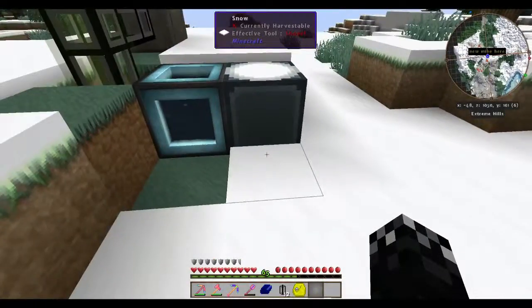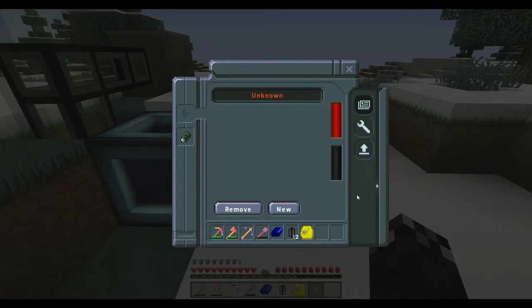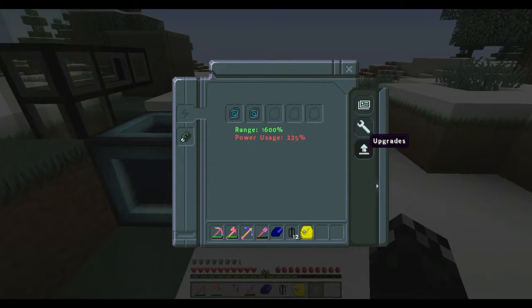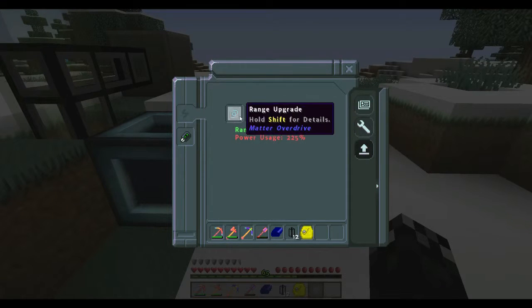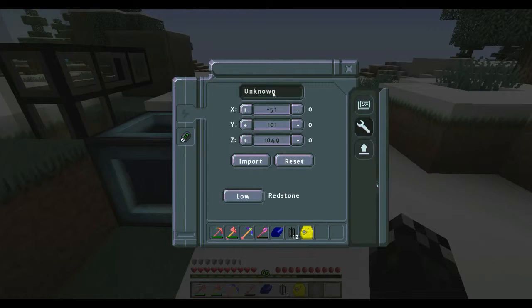Alright, I've done a little bit of looking and I didn't notice this little arrow here. So when you open this up, you can click on this upgrades button, you can add your range upgrades in here, and it looks like I need 2 to get the distance I want to get to. Now, I'm guessing I can change stuff in here and...